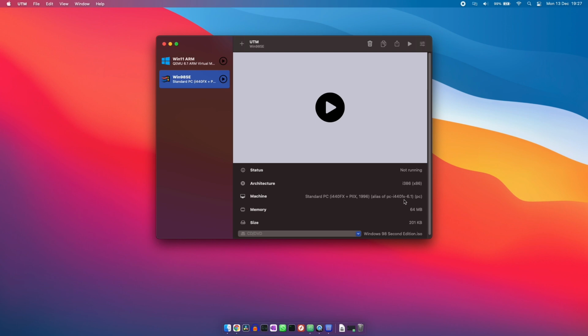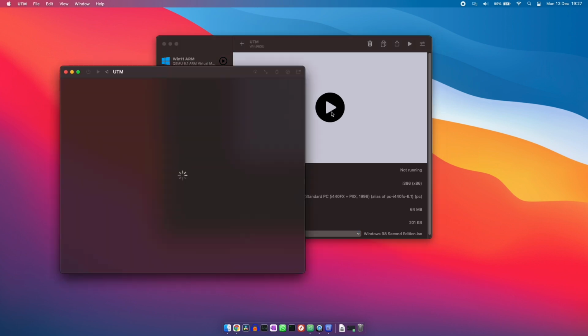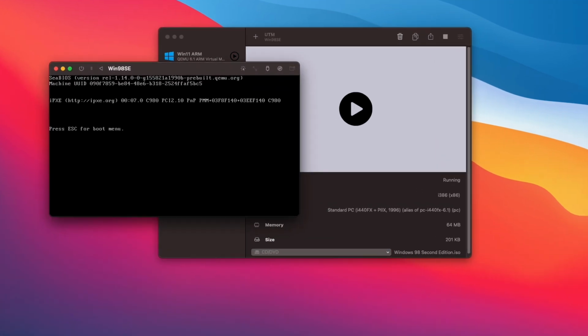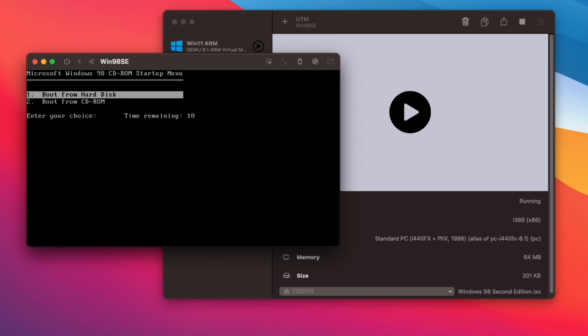Alright, all preparation is done and we can now finally launch the VM and get Windows 98 SE installed. Just click the large play button after selecting the VM in the left column in order to do so. As soon as the VM boots, it will boot from that mounted ISO as there is nothing on the hard disk, and you should see the following menu pop up. Here, go for the second option, Boot from CD-ROM, using the arrow keys and press Enter. This menu is just there to prevent people from running into issues with booting their PC when they would leave the Windows 98 CD in the drive.